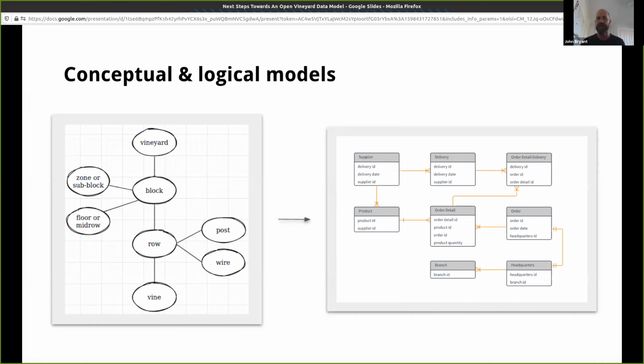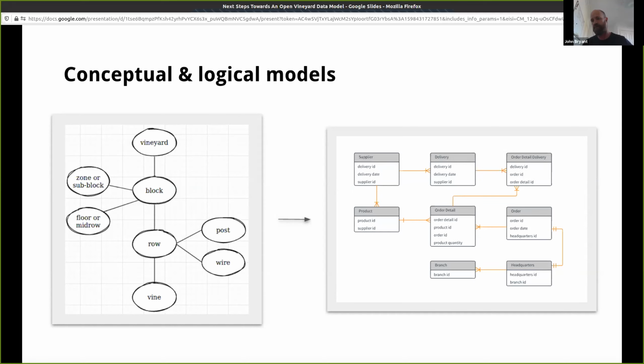So a conceptual model is where we identify what are the building blocks that make up a vineyard and a grape growing operation. And what we're looking at here is this sort of standard vineyard block row concept that a number of people mentioned. But to build out the conceptual model, I think would be an exercise where we work through what are the actual building blocks. These are the basics, but it can be extended quite broadly. And what are the relationships between these building blocks?